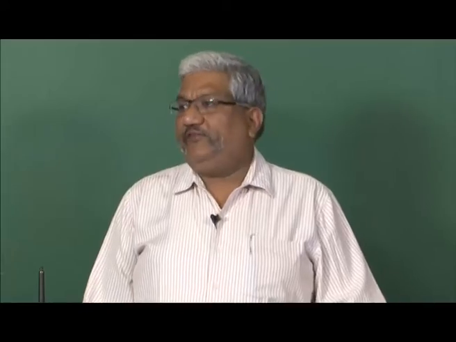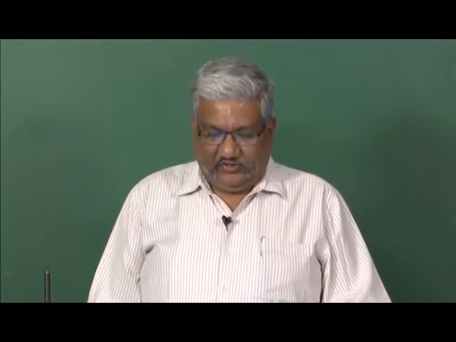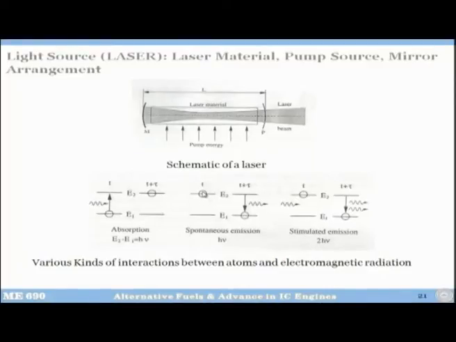Okay. So once the electron reaches the higher energy state, as we know that in nature everything likes to be in the lowest energy format, right. So this higher energy electron would then like to come back to the lower energy state. When it comes back to lower energy, it is going to emit a radiation, and the wavelength of this radiation is going to be defined by the difference in the energy levels of these two states. Okay.